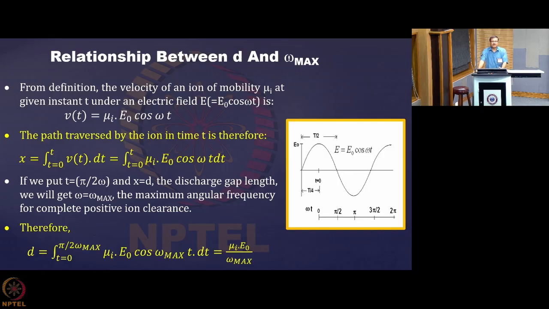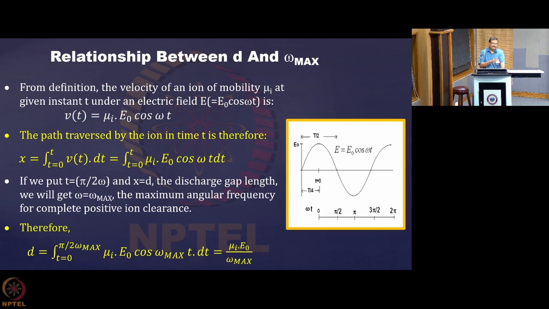So in our case, what is happening? The electrons are getting cleared. So, ion clearance time we want to find. Here mu I is the mobility of the ions. Now, the time it has is t equal to 0 to pi by 2 omega. So, that omega will tell you the omega max for which the complete charge will be collected in one quarter cycle. Now, if it is lesser than that, then they will definitely be collected because after collection also some time will be left. But if it is faster than that, then it will not be collected.